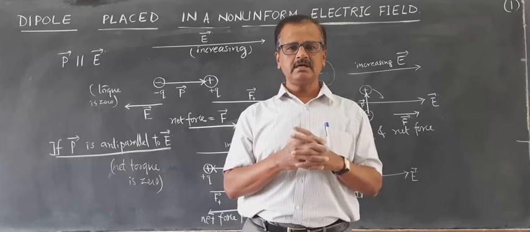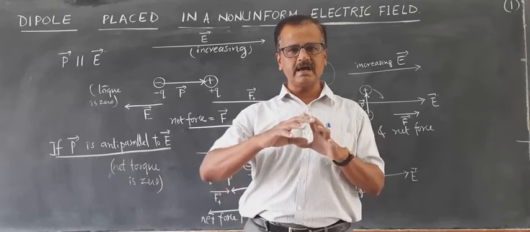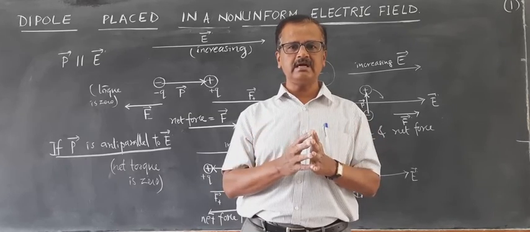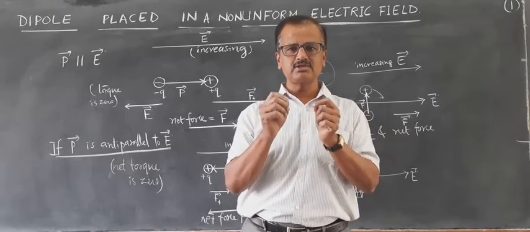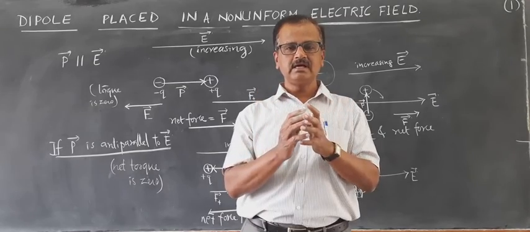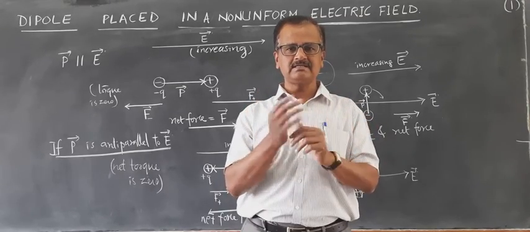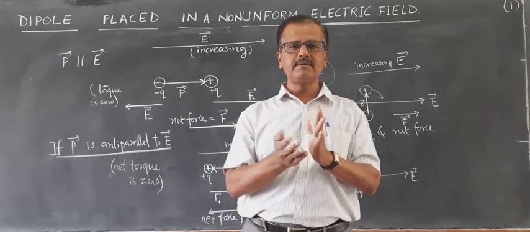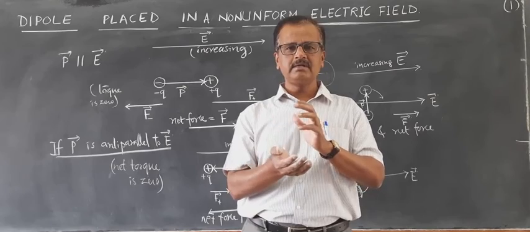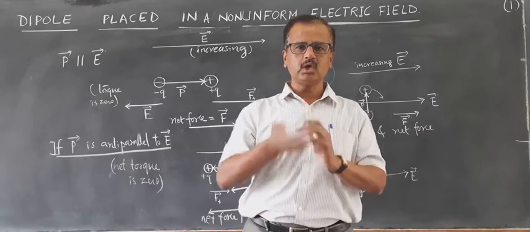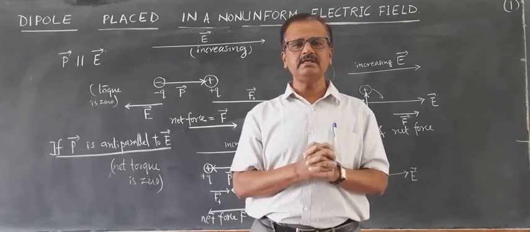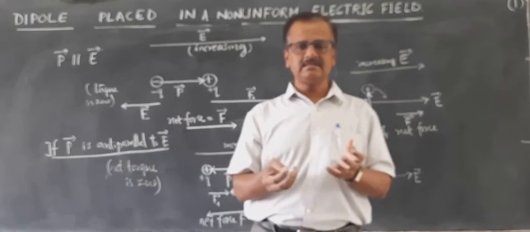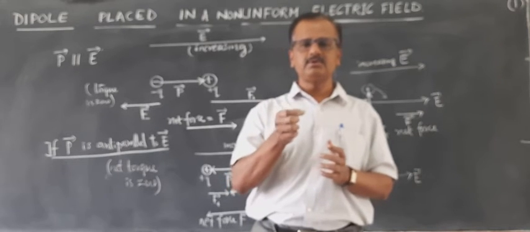The pieces of paper being neutral, the charged comb induces charges, which means dipole moments are created. The charge separation is created. As a result, we say the pieces of paper undergo polarization. When the dipole moments are formed, the dipoles first undergo torque and then accelerate towards the direction of increasing electric field.